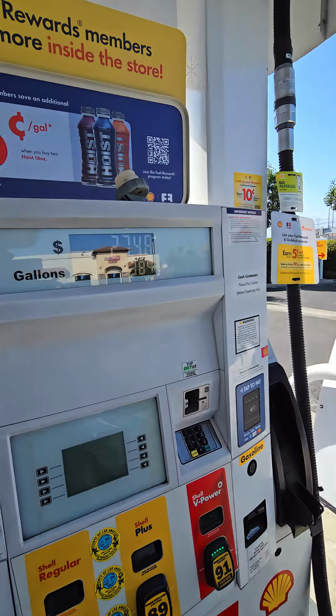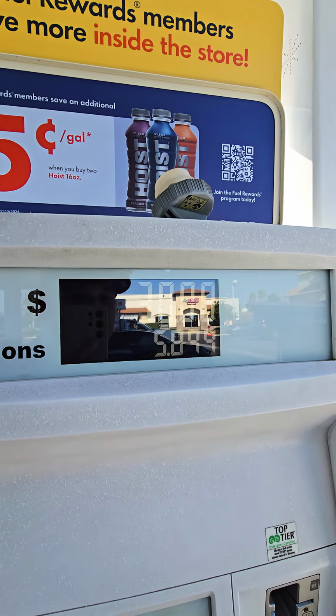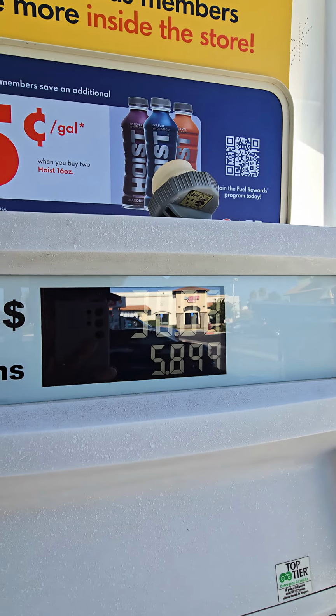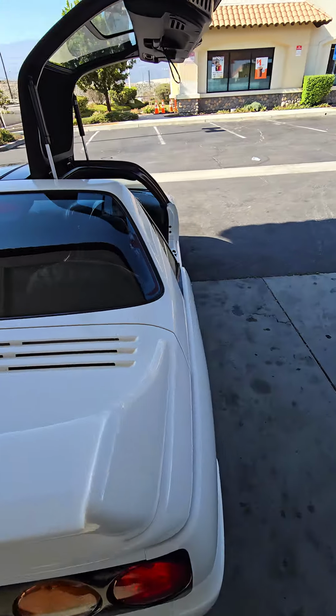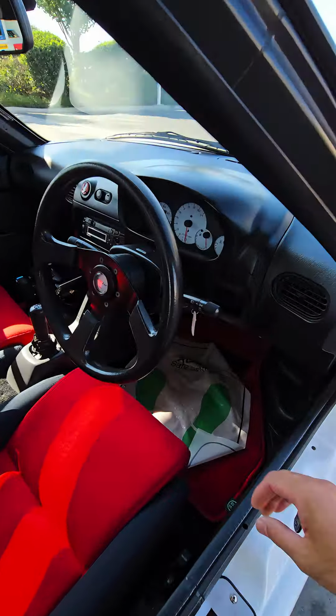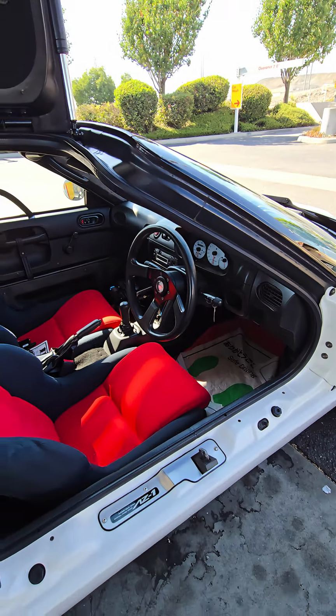And then how many gallons do you think this takes? I'm gonna guess it's like 8 gallons. Oh, not even close. 5.8 freaking gallons is full tank. That's so crazy. Oh, and the AC actually works on this car, so I'm quite impressed because I thought it